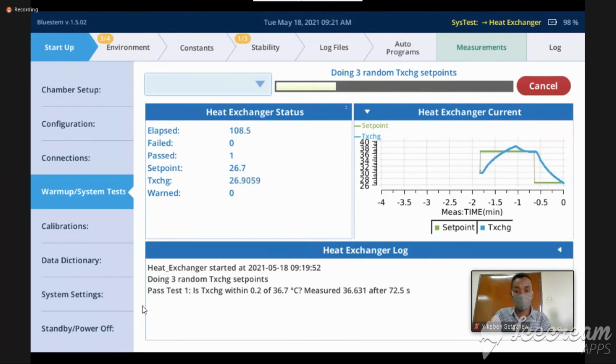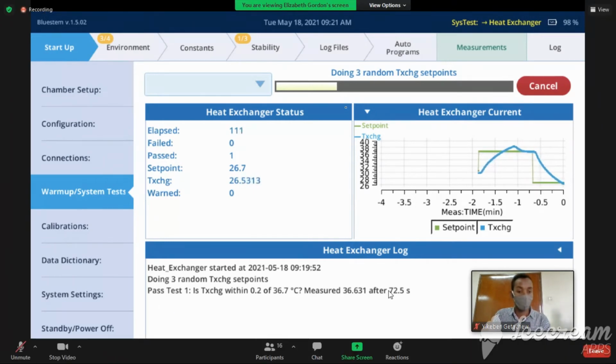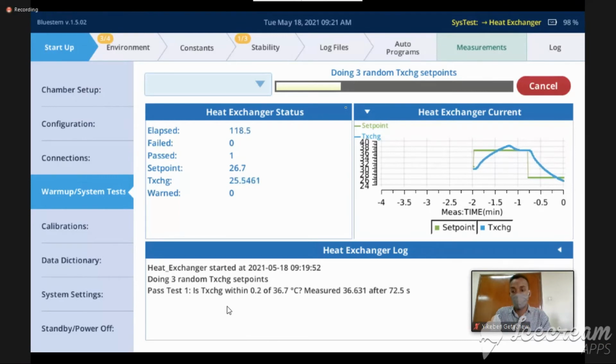The nice thing about the LI-6800 warm-up system test, for those of you who use the LI-6400, you probably remember the Chapter 4 checklist, which was push this button and change this knob and move this and open this and close this and adjust this. And so there was a lot of doing things